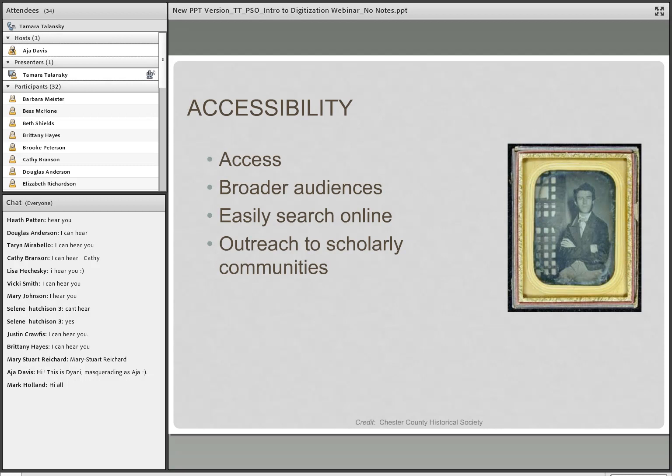It's possible to search, browse, and compare materials in useful and creative ways. Patrons can browse through thumbnails of materials and image catalogs, including images of materials that were previously inaccessible, such as glass plate negatives or oversized or fragile materials. Digitization may also promote outreach to professors, research institutes, scholarly communities, as well as sharing photos on social media platforms.